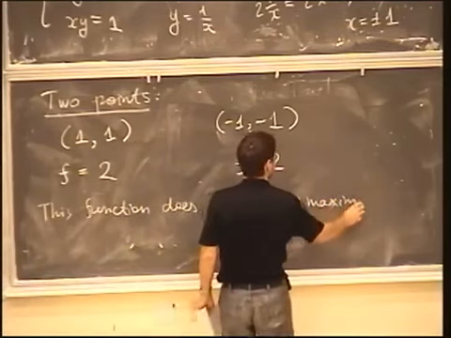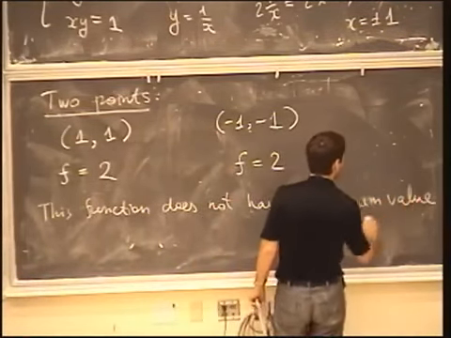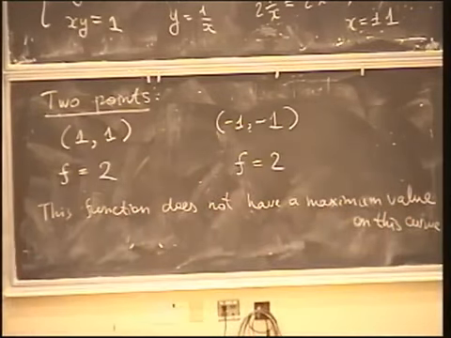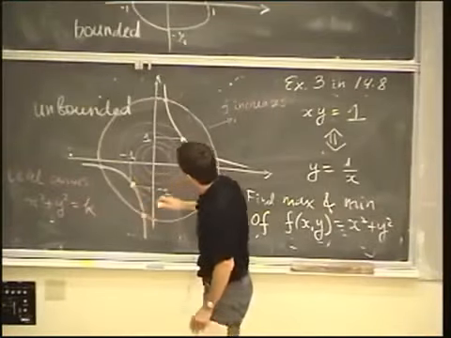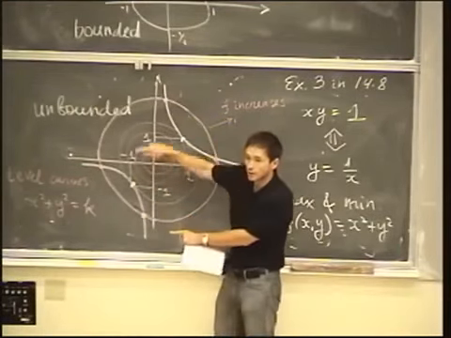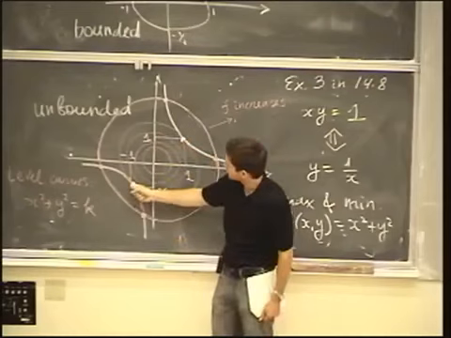A maximum value on this curve. So what about these values? Well, these values are realized at these 2 points, which I have marked in the beginning. And you can see that these are the smallest possible values because these are exactly the points where the level curve for f touches our curve. The level curve for f is a circle, and it touches our curve of the hyperbola at this point